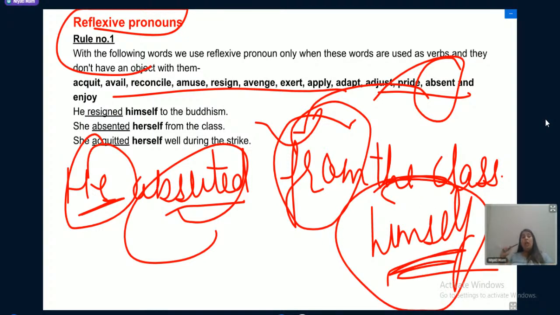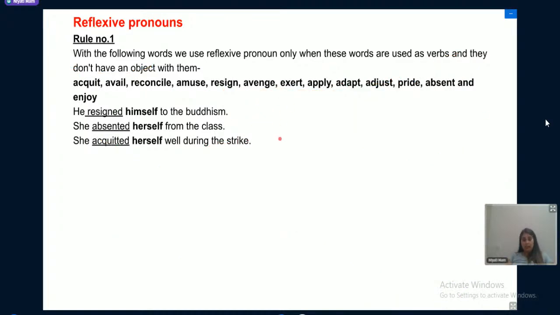Himself. According to "he", what reflexive pronoun is used? Himself. He absented himself from the class. This is what we have read about these words, that with these words, we always need to write a reflexive pronoun after them. One thing. Second thing, if I write a sentence,